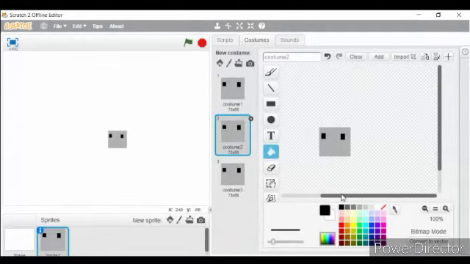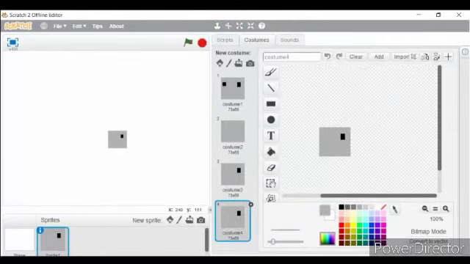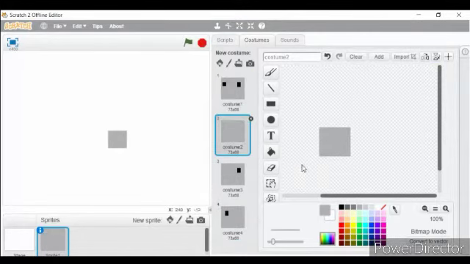So now I'll make a back sprite. Now it feels like he's looking at the other direction. And there we go. We have the front sprite, the back sprite, the right looking sprite, and the left looking